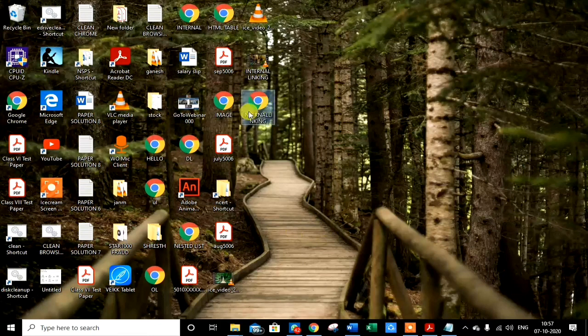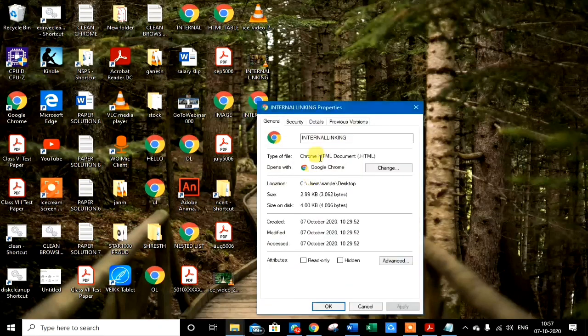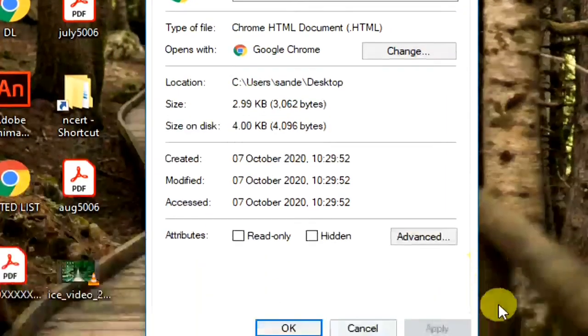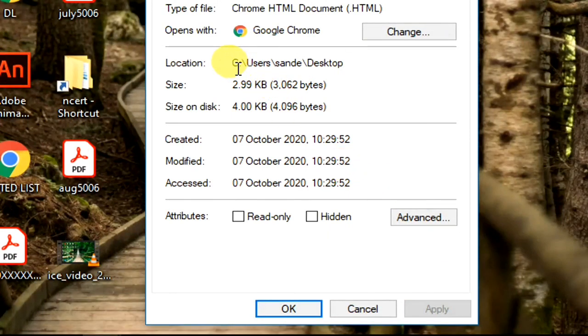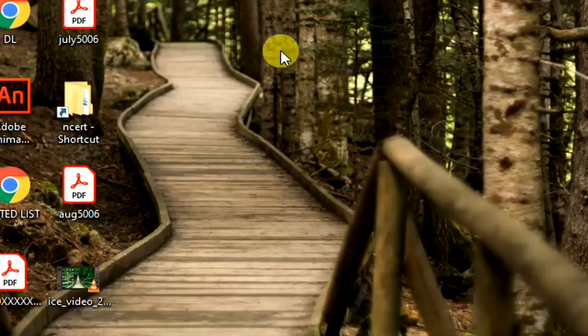For that, just copy the path address of the HTML page. So this is the path address. Now I will copy the path address, just copy the path address and just cancel.